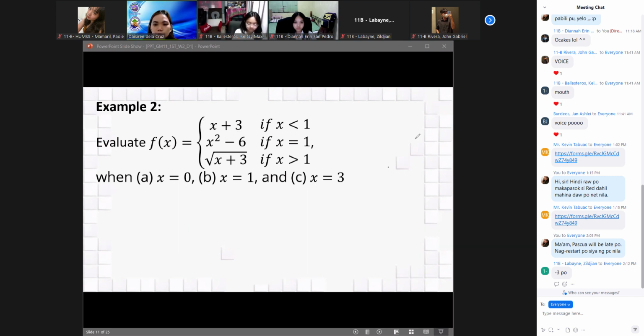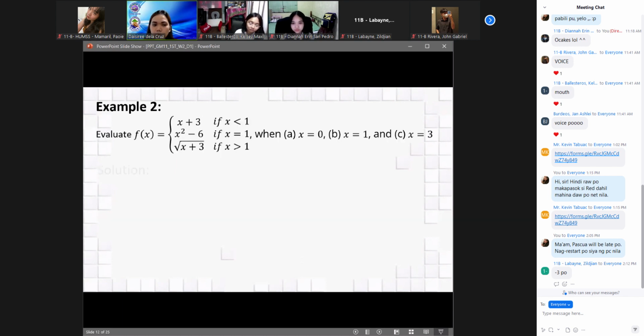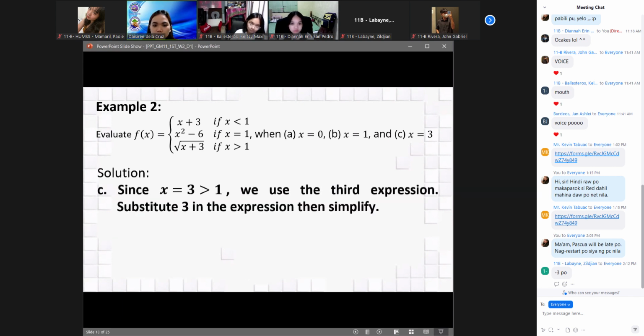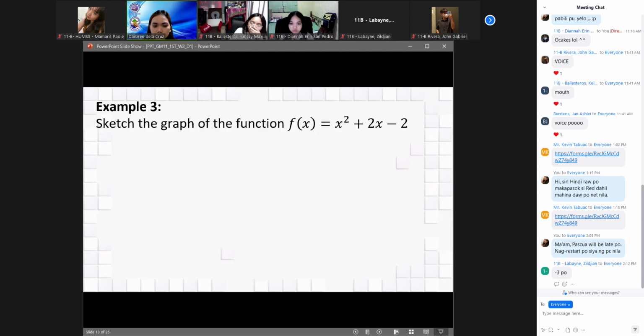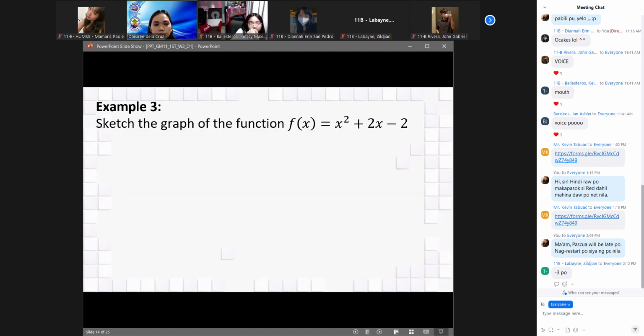Okay, so now, let's proceed, for example, number 3. So, ito yung mga solution. If we have x is equals to 0, so ang ating output is 3. Then, if we have x is equals to 1, ang ating output is negative 5. And then, if our x is equals to 3, ang ating output will be square root of 6. Okay? So, now, try on your notebook, yung example number 3, sketch the graph of the function f of x